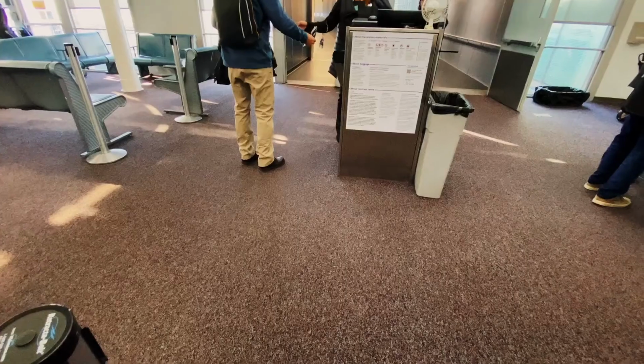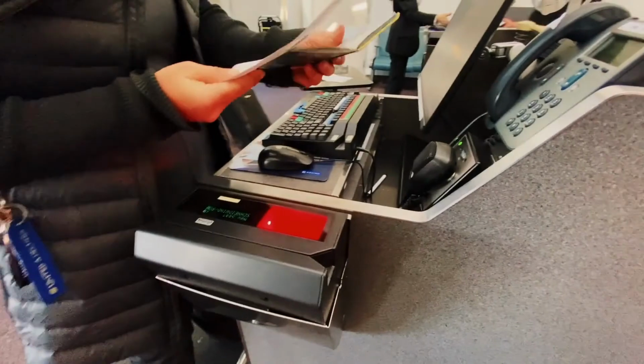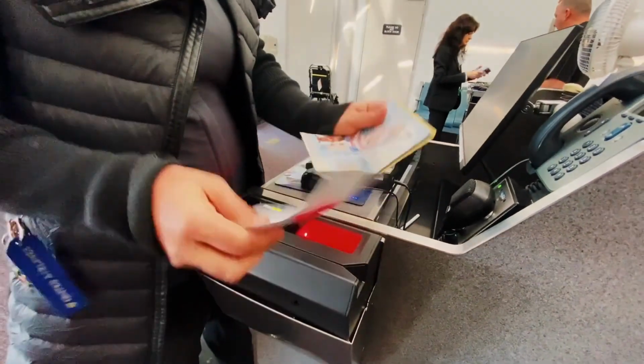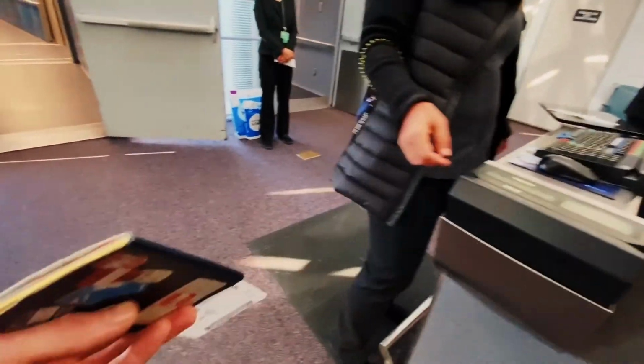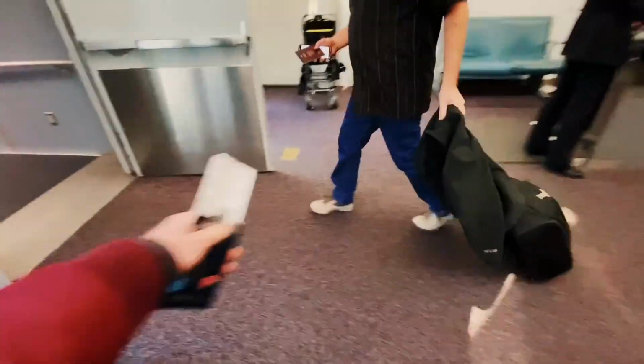So now you're all pottied up and you're ready to board the plane. Make sure you follow the instructions the airlines have for boarding. There is sometimes a group number or a level on your boarding pass, or some sort of indication as to what they will be calling for when it's your turn to board. So make sure you know what that is on your boarding pass before you go and get in line,